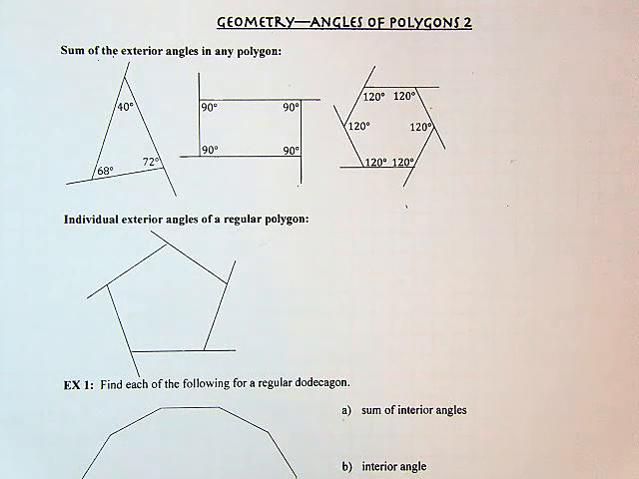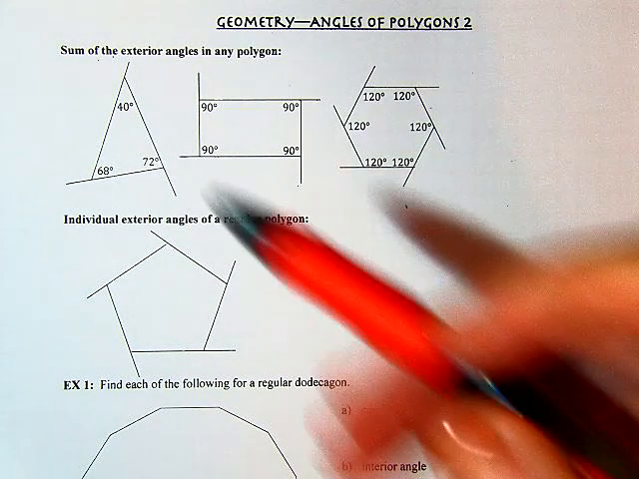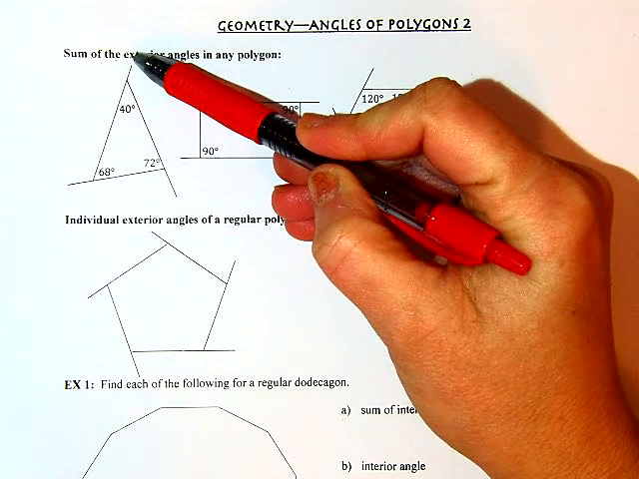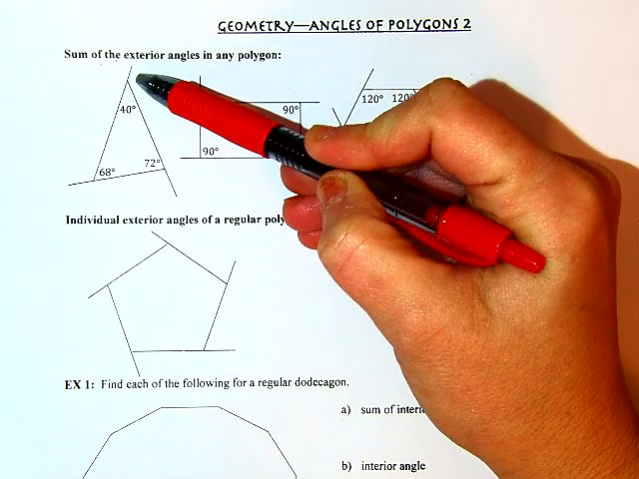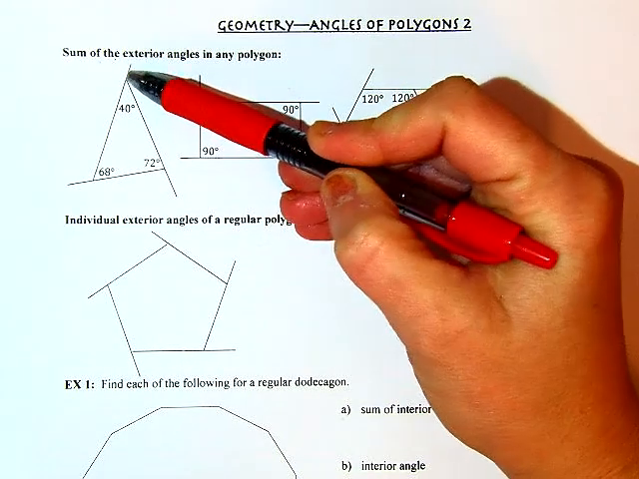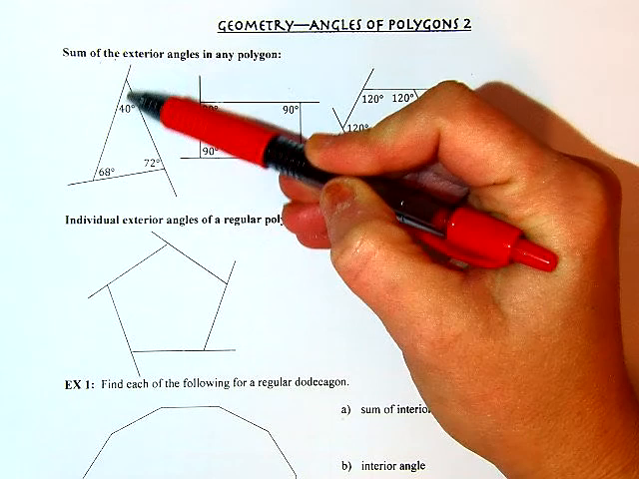All right, today we are going to look at more angle relationships in polygons. So I'm calling this part 2. We're starting off by looking at the sum of the exterior angles in any polygon. We can make an exterior angle by extending a side of a polygon. So this right here is an exterior angle, and we can see that it forms a linear pair with the